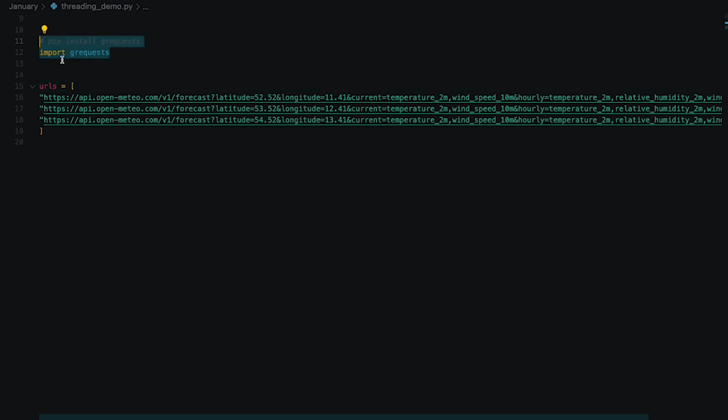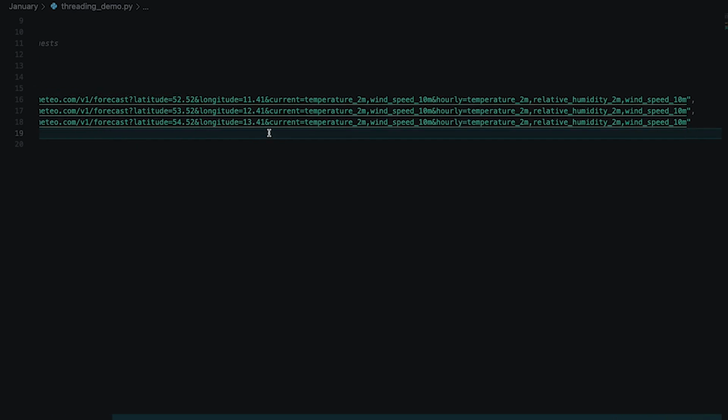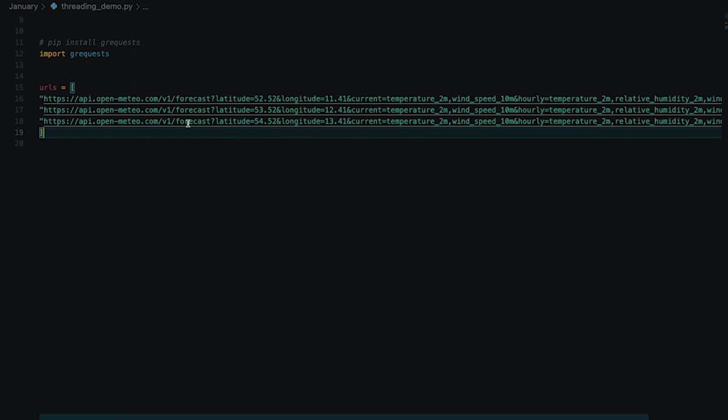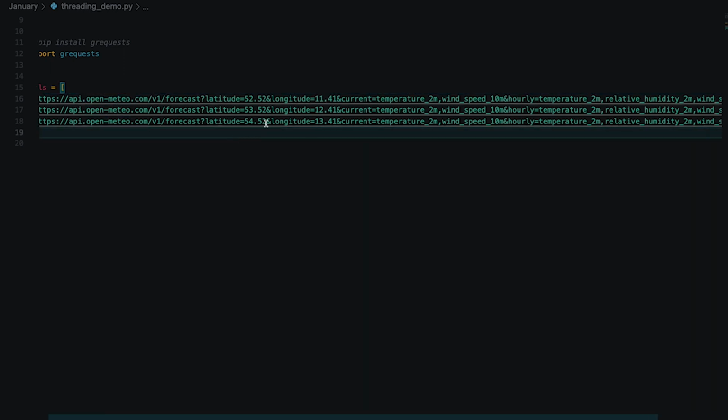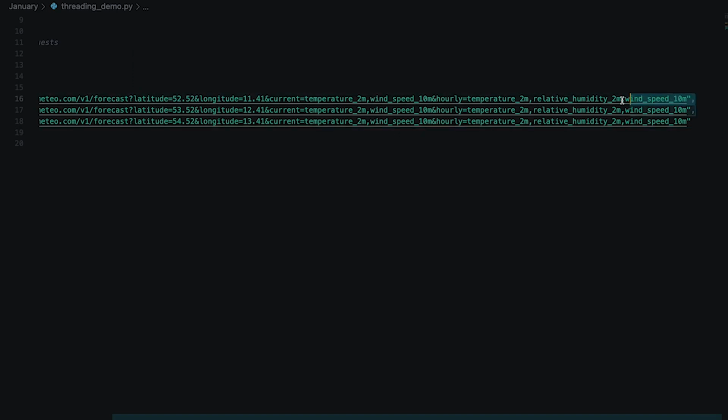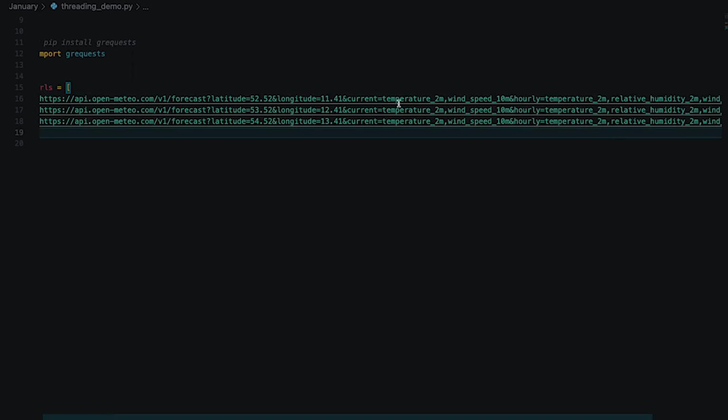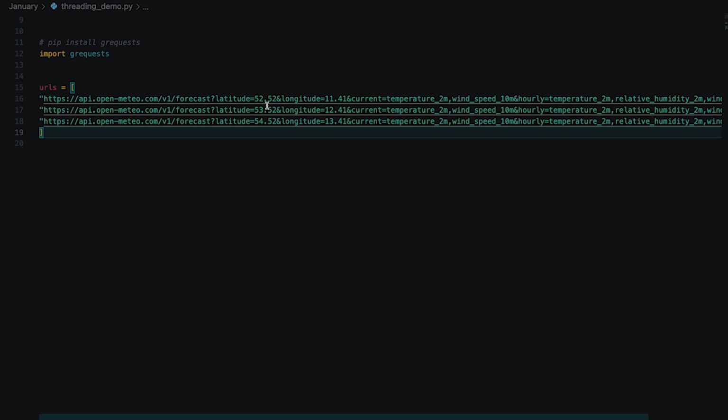So it's pip installable, it's really nice, and to show this one I'm going to use 3 different API calls. This horrifically long API call here. So this is the Open-Meteo one, so you can basically give it a lat and long, and you give it kind of the parameters you want back. So I want wind speed, humidity, and I want current temperature as well, and I've given it 3 different sets